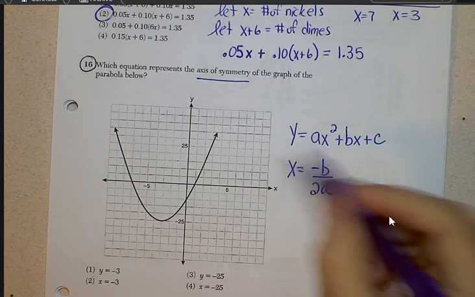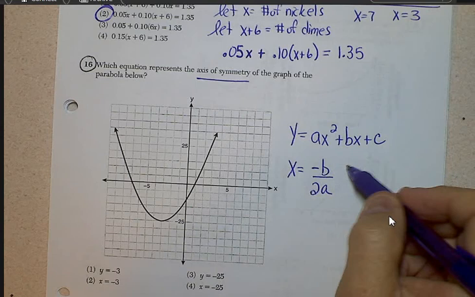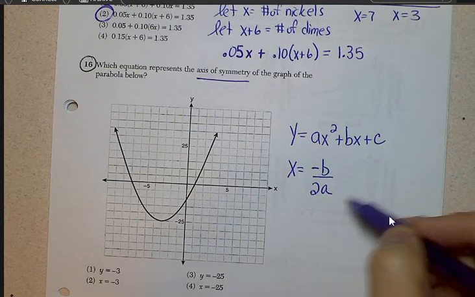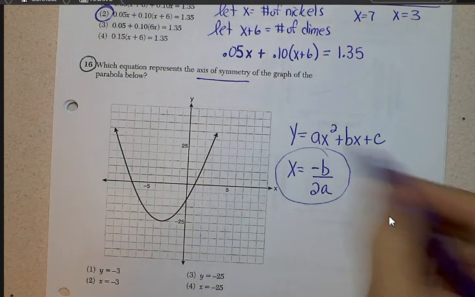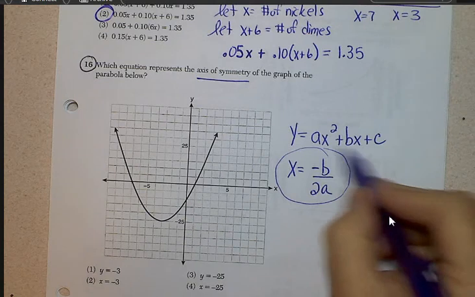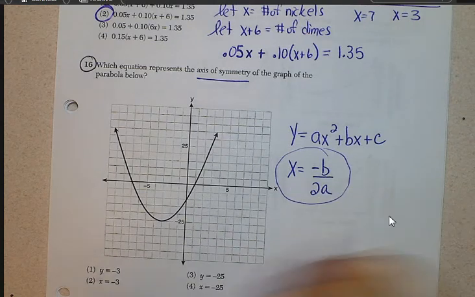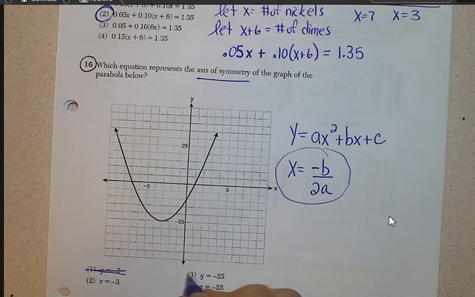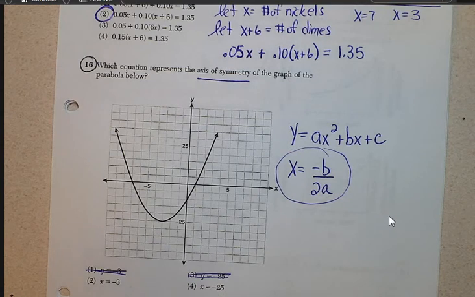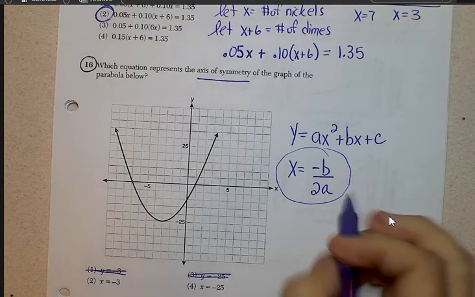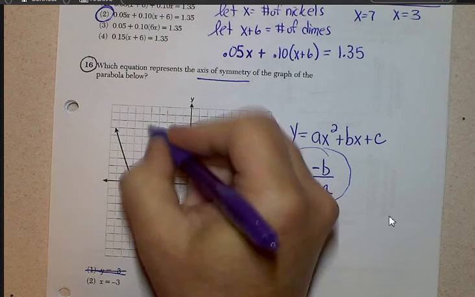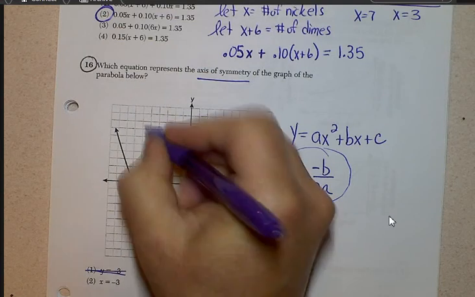But the one thing that is really, really important that can make the multiple choice question easier for you is the fact that if you know that the axis of symmetry of a parabola is x equals, right away you can cross out 2 choices. Okay? Now what is the axis of symmetry? It's going to be a vertical line that goes through the turning point of the parabola